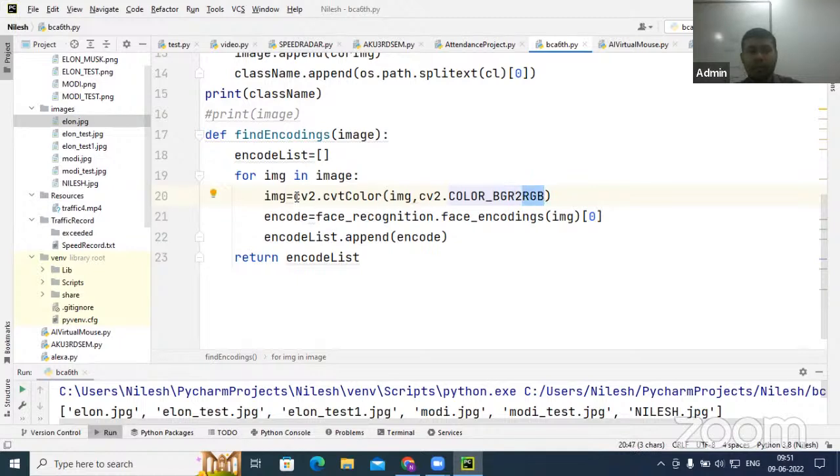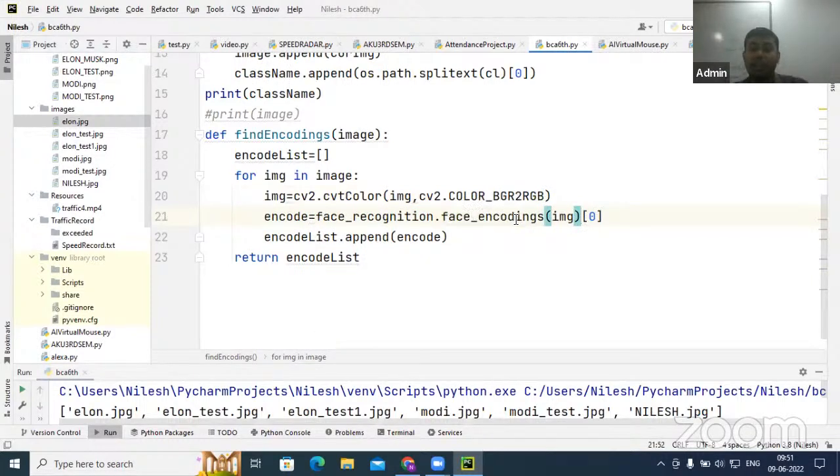That's why we have used the cv2.cvtColor function, and this will convert the color format and store the same thing in the same variable, because both are the same image. And now if we pass this numpy value of the first image to the face encoding function, that is the function of the face recognition library, then it will give you